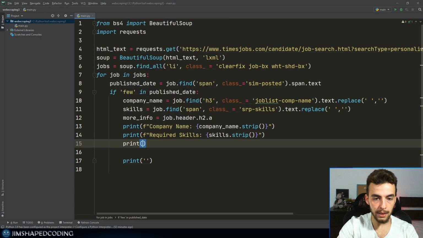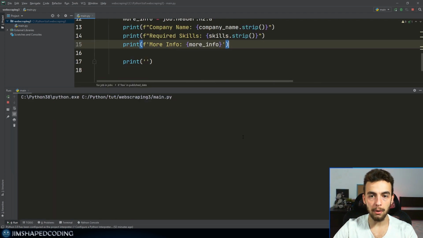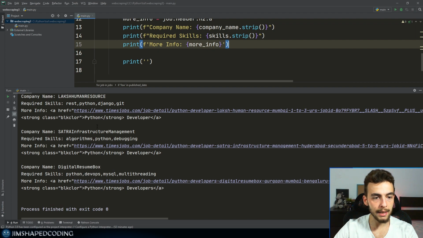So let's print the more info in the following way. It will be more info, and then we will call the variable in a formatted string. Now let's execute our program, and then you can see that